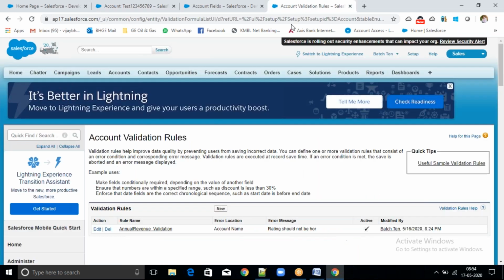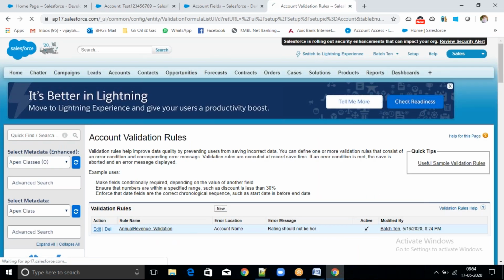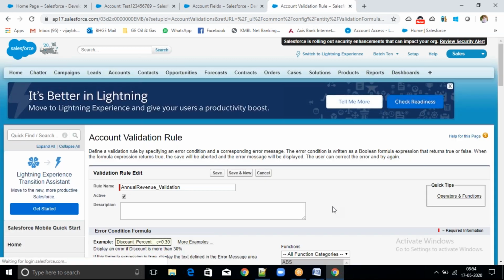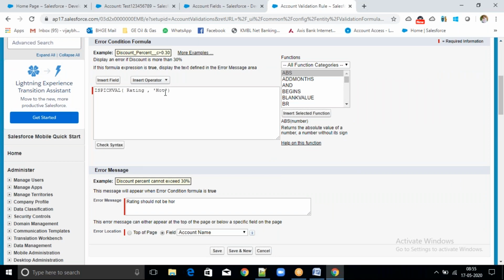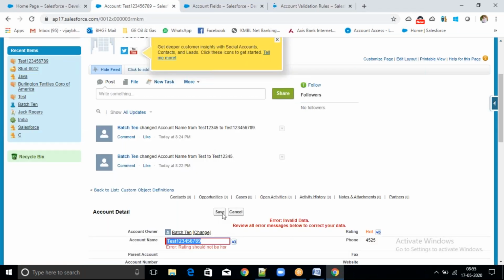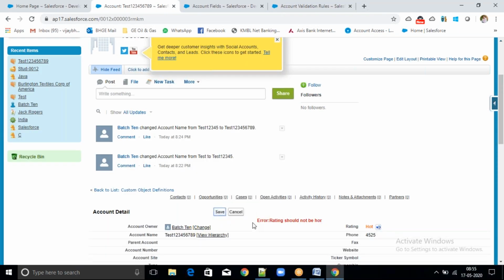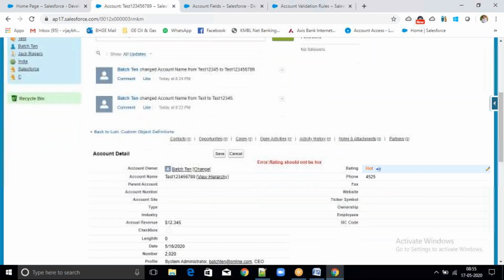So if the rating is hot, I want to throw an error. It means ISPICKVAL of rating equals hot. It will check whether the rating is hot or not, then it will throw an error. See, rating should not be hot. Clear? Yes, sir. Next.